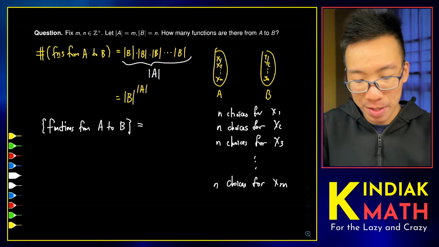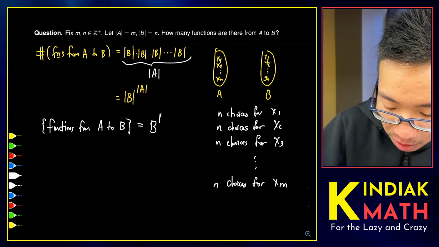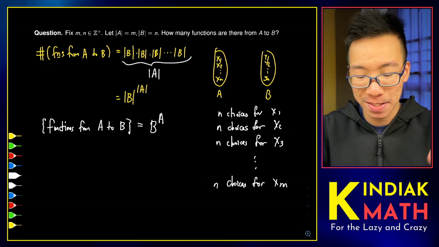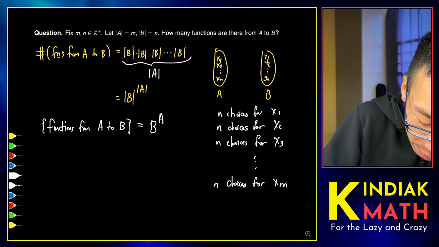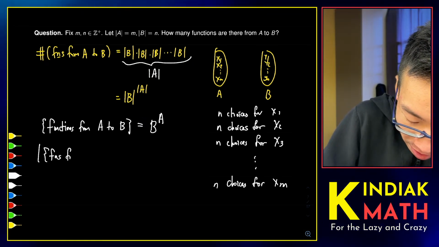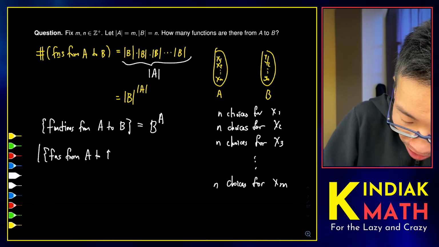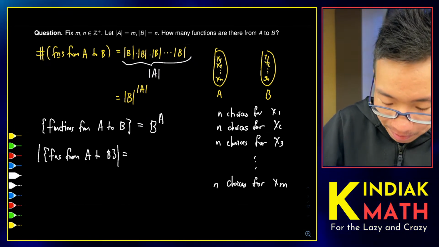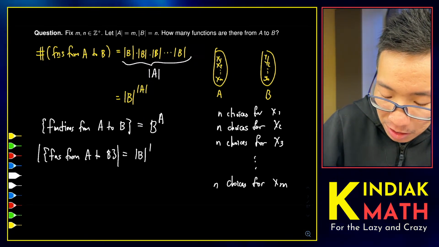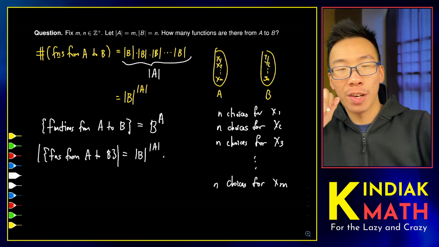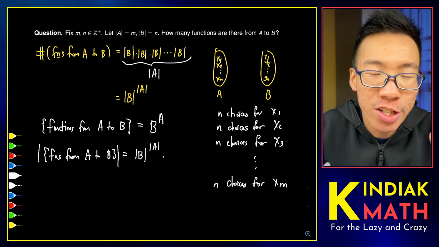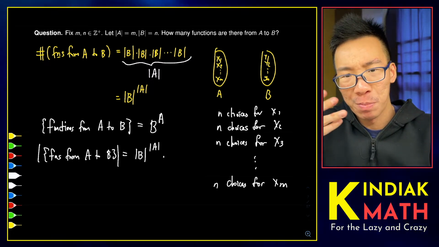We sometimes will denote this by B to the power of A, which is a bit strange because B and A are not numbers, they are sets here. But funnily enough, if you consider the number of items, you're going to get, by our previous calculation, whenever everything is finite, mod B to the power of mod A. Now, there are a few implications of this notation, but that's a bit